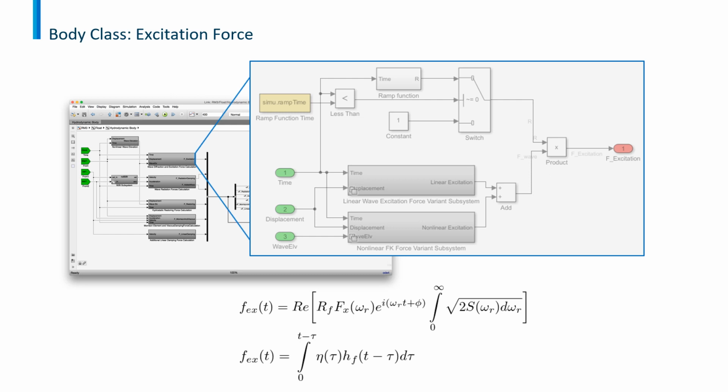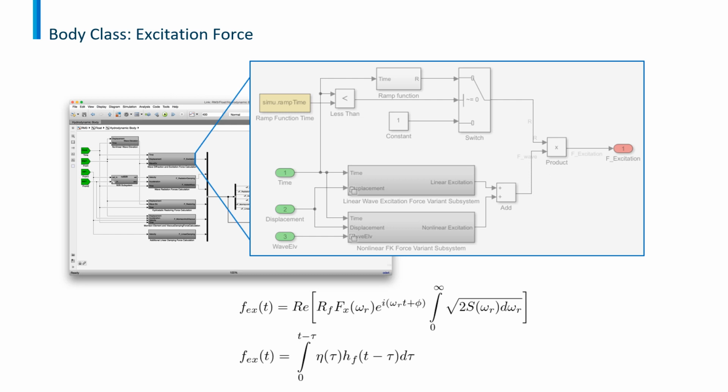The screenshot on the right shows the calculation for excitation force on the system. The excitation forces on the body are calculated using the convolution integral of the wave elevations eta and the excitation force impulse response function hf. This is shown in the bottom equation. A more explicit implementation is shown in the top equation, where the right half of the